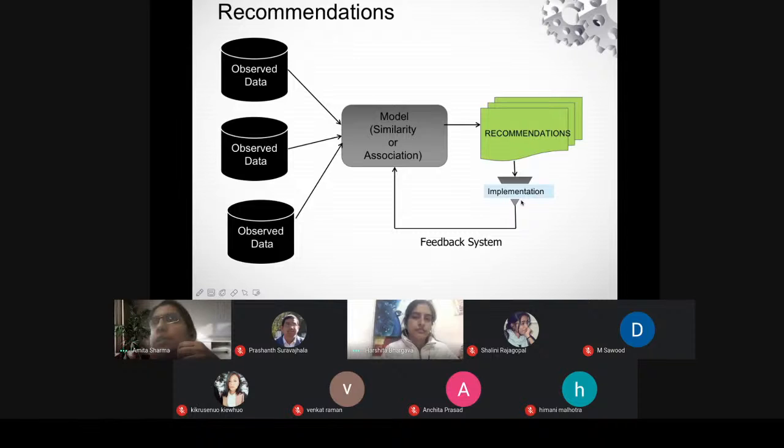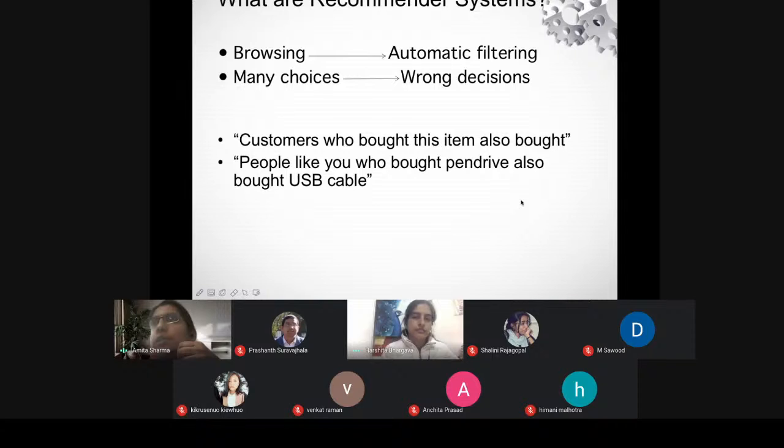Next slide. So now I request Harshita ma'am to take over the session and explain further what kinds of algorithms there are in recommender systems and how they are different from expert systems, because we already have the expert system and still we are running with the recommender system. What is the minor or major difference between the recommender system and expert system? It should be taken care of before starting work in this particular area. Okay, Harshita, over to you.